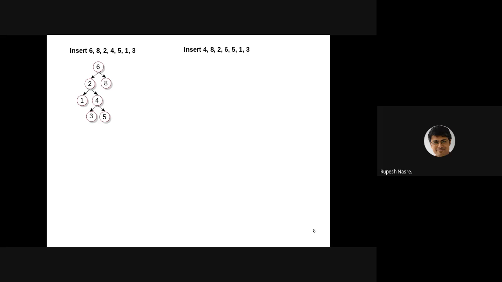If I change the insertion sequence, can somebody tell me how the tree is going to look? Maybe you can just write one row per line per level, and that should be all right.